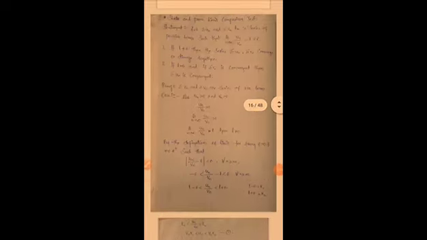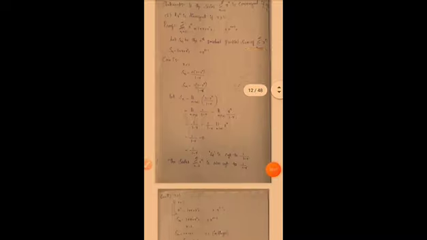So see here. State and prove the R test, the geometric test. Statement: if the series summation n is equal to 0 to infinity, R to the power of n is convergent if R is less than 1. And the second one is, R to the power of n is divergent if R is greater than 1.